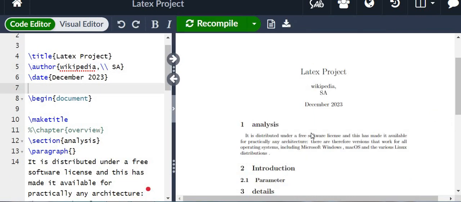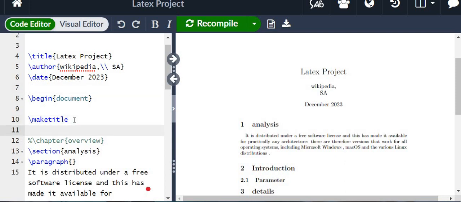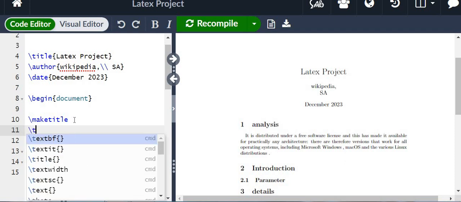Now we will understand how to create a table of contents. For that the command is \tableofcontents, and this command has to be placed at the beginning of the document just after the \maketitle command. So you just need to add